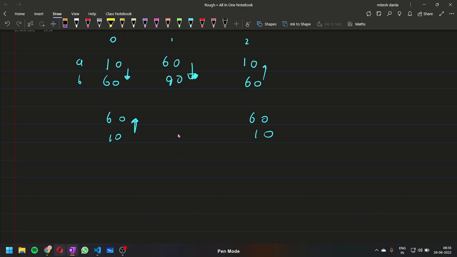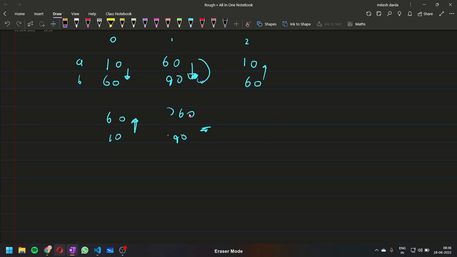This should be 90, my bad, and this should be 60. In this also we will see the same pattern. The only difference now is that when we are swapping, we have to place this element above. In the previous case, we were swapping this element from the below array.